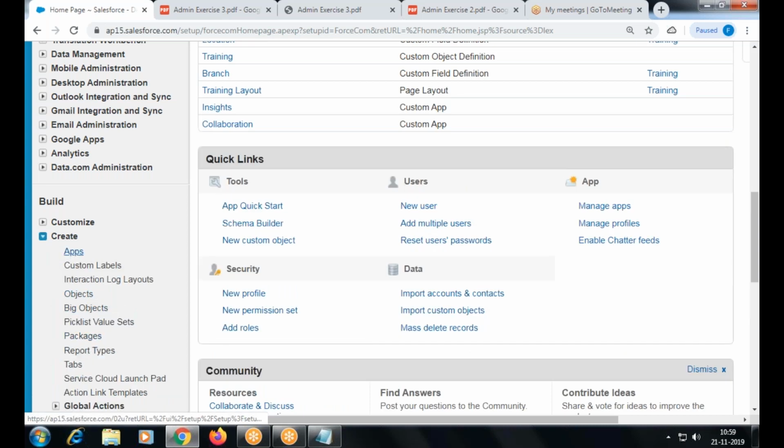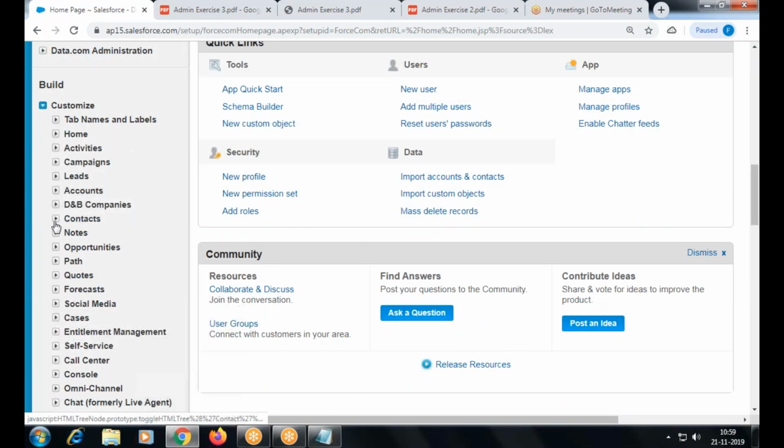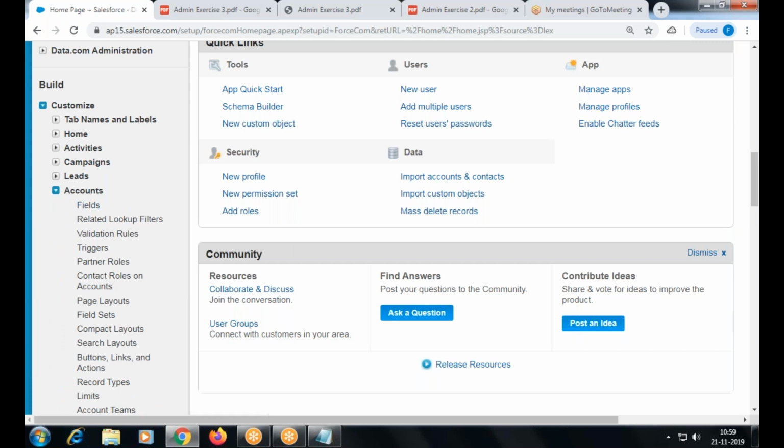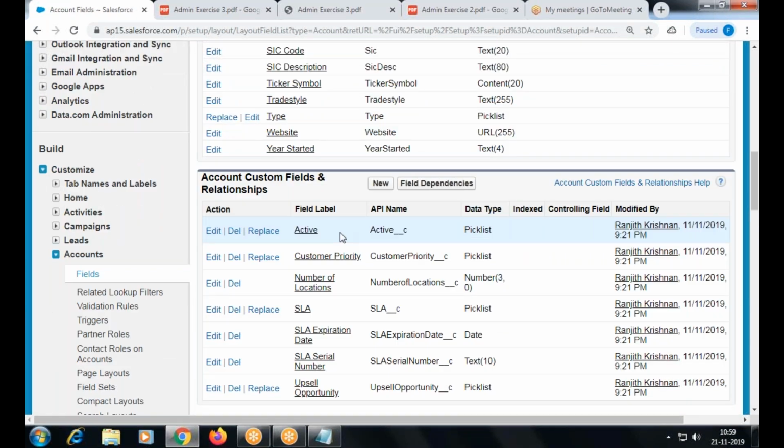Okay, here you can see the custom objects. All standard objects are seen in a separate link, account. Okay, it's in different links. Suppose I'd like to see the fields of the account object. I go to account, fields, standard section, custom field section. Right? There are some custom fields already there. How is that? We haven't created them, right? You also see them in your section.